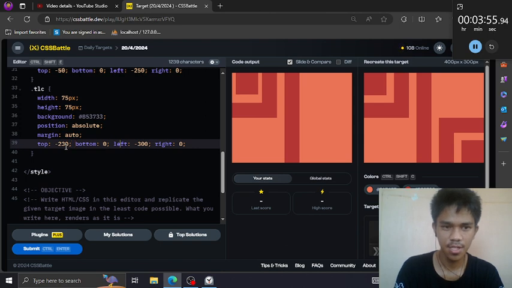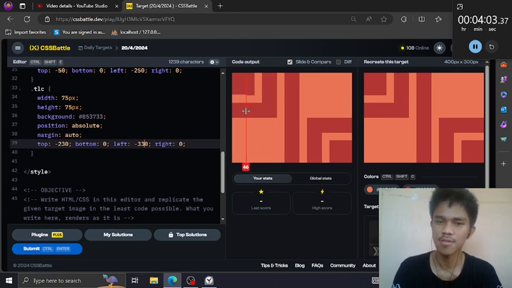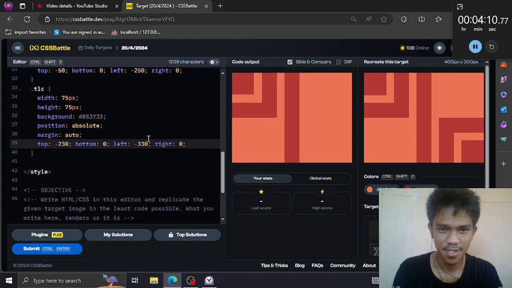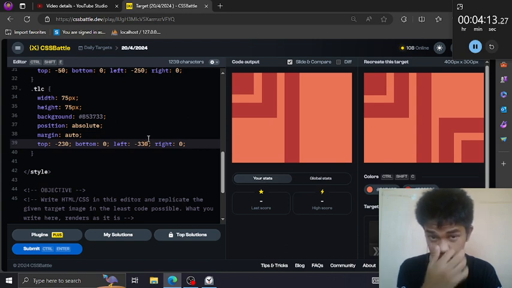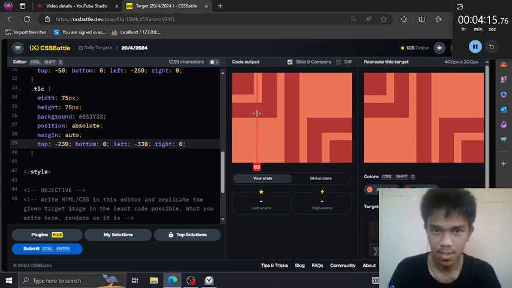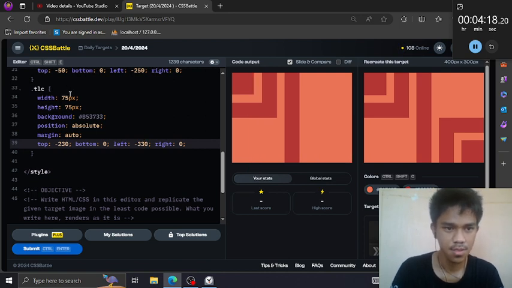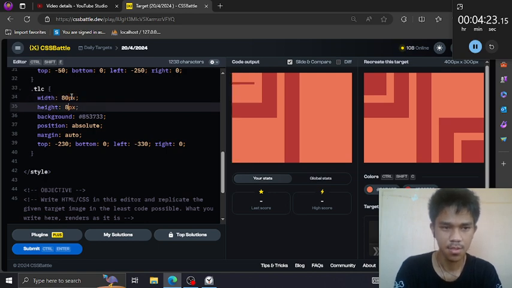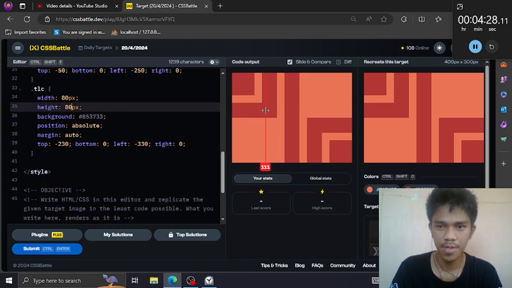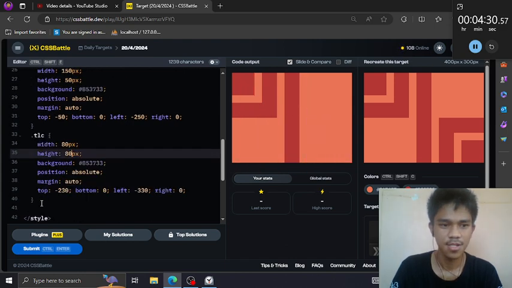That would touch the corner. I don't think so. That's the corner, the edge. This is not 80. There we can see a perfect box.